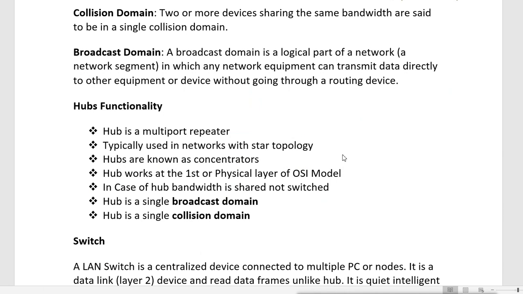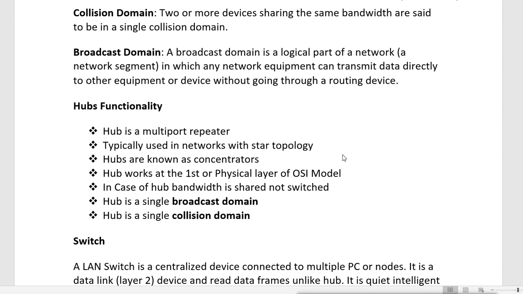Then there is the term called collision domain. Collision domain means the impact of the collision, how broad the impact is, like when the collision happens, whether all the devices are impacted or not. Two or more devices sharing the same bandwidth are said to be in a single collision domain.